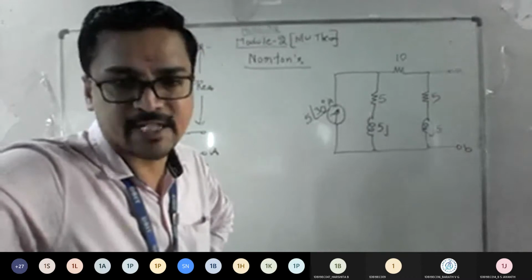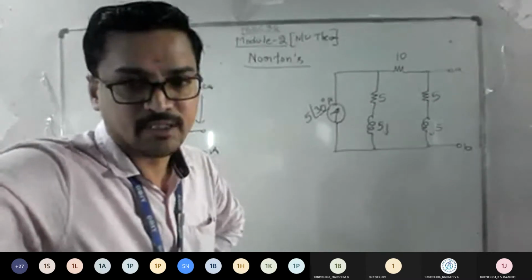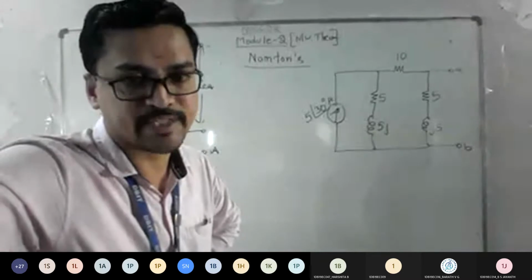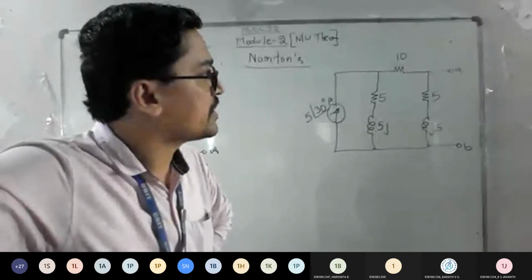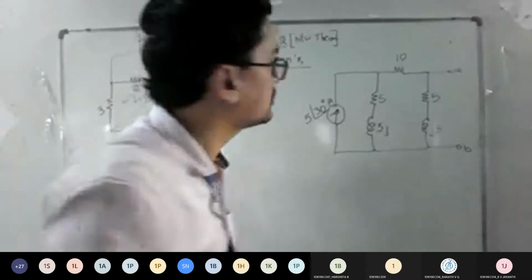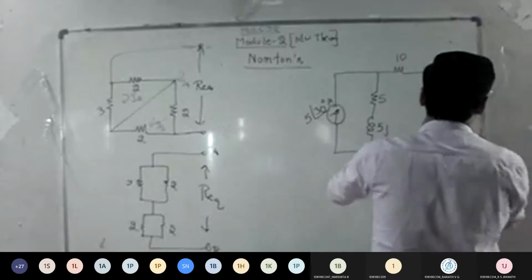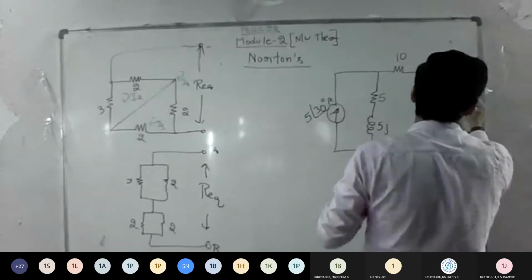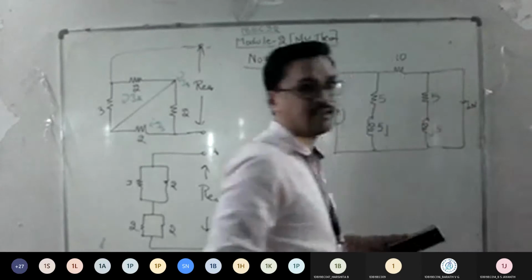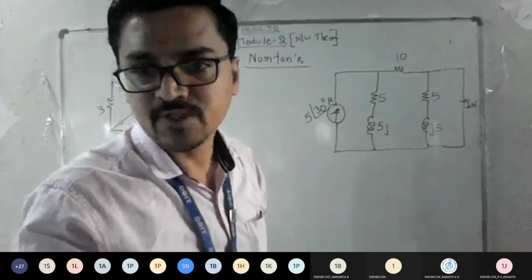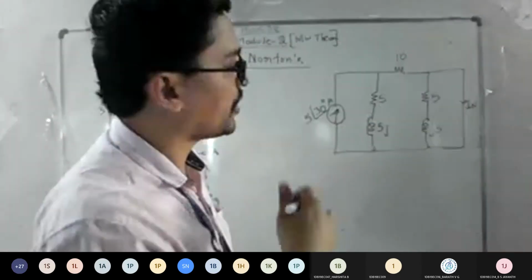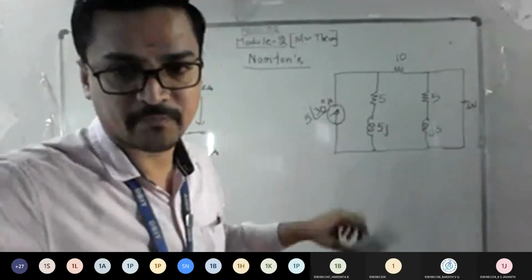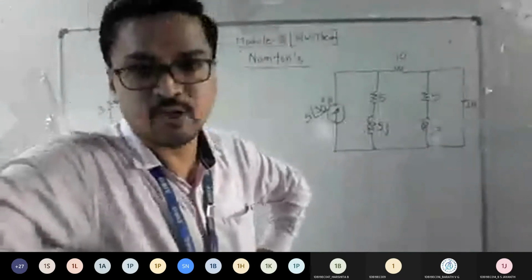See, irrespective of your RLC element, you stick to the procedure. So if you get complex terms, I hope you know how to do the things in the calculator, right? Same thing. So what is the first step? I need to short this. So we will make an assumption. See, if the direction was not given, we'll assume that it is going upward or downward. If you get the answer reversed, you can reverse it at the end like how we did the previous one. Okay, na? Now tell me how to proceed.